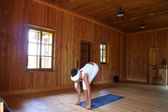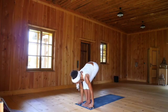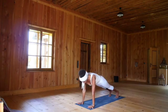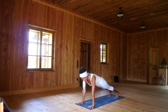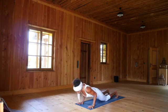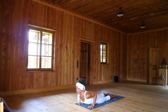As you inhale, halfway lift. And as you exhale, plant the hands down and step your feet back. Coming into plank position, holding here for one breath. And then as you exhale, drop the knees, chest, chin to the floor, bend the elbows, keep the elbows in towards the body. And then on the inhalation, point the toes and halfway lift, peeling the upper body away from